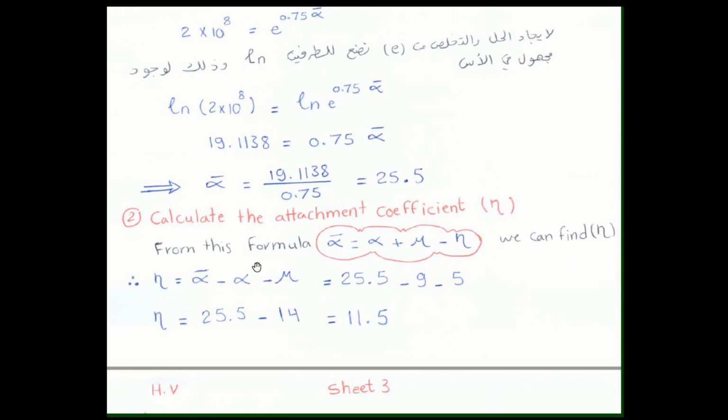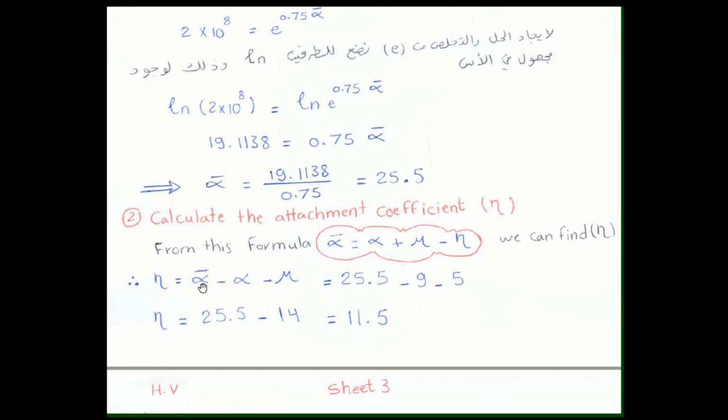Okay, so from this formula we got before, the net ionization is equal to ionization plus photoionization minus attachment coefficient. So by rearranging this formula, we get the formula as this here. So the attachment coefficient will be equal to the net ionization minus